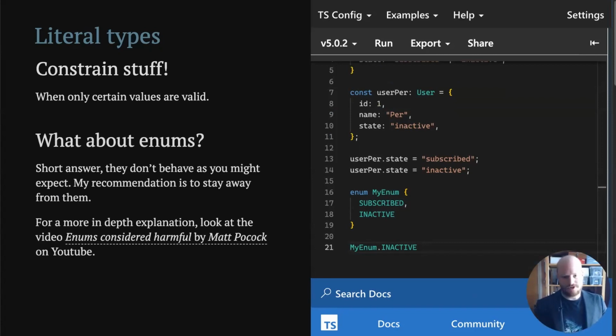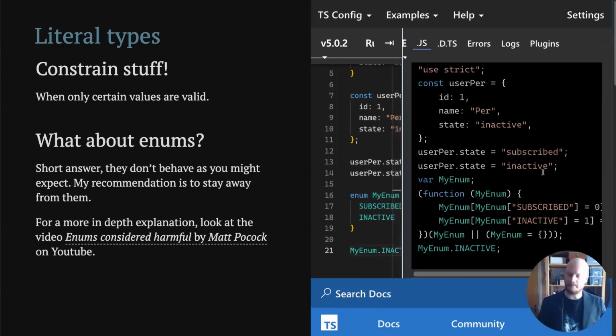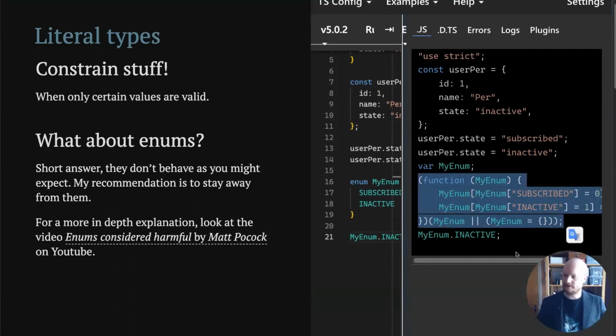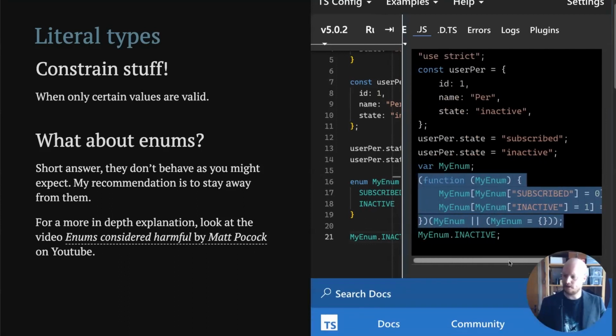but you really shouldn't. Enums don't behave as you think they do, especially given what they are transpiled to. So if I, in this playground, switch over to the compiled JavaScript, my enum is compiled into this weird mess.